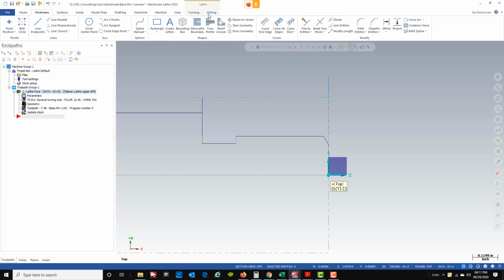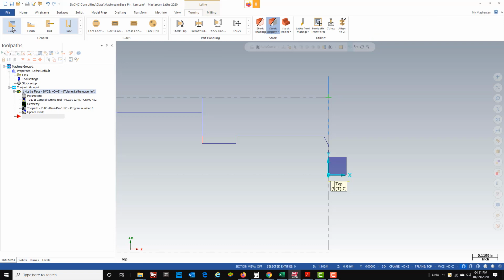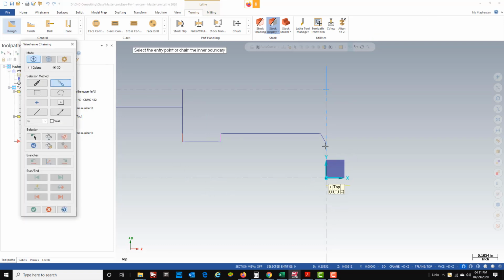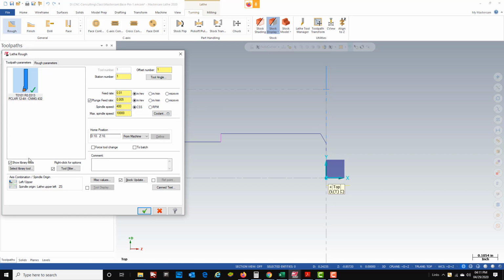So we'll go back to our turning, rough. My chain that I'm going to select, I'm going to start here at the chamfer, and I'm going to end here on this line. And you can see that Mastercam connected all the lines for me in between. Sometimes it'll do that, sometimes it won't. When it doesn't, you just have to go ahead and click the lines, fill them in. Green check that chain. I have my tool,